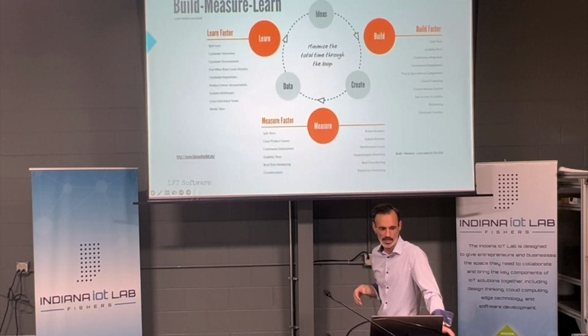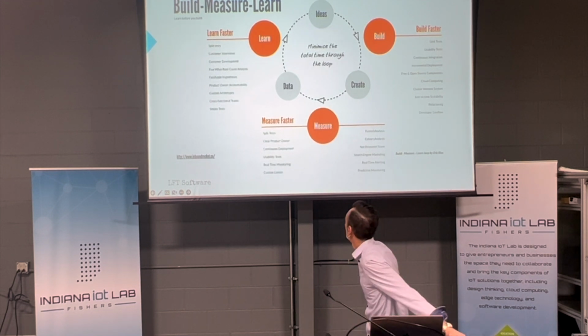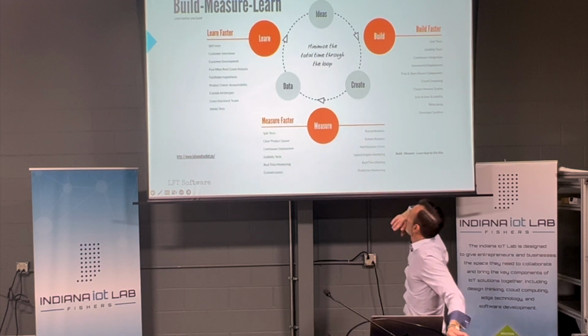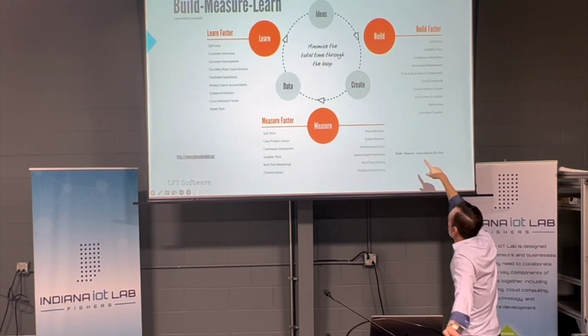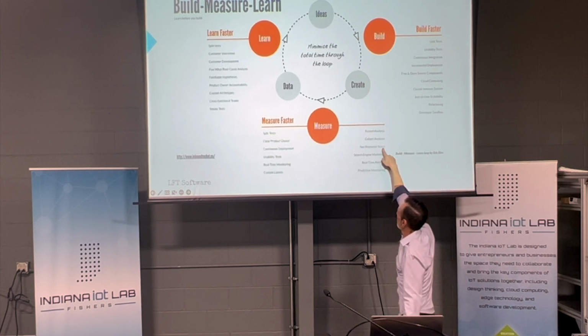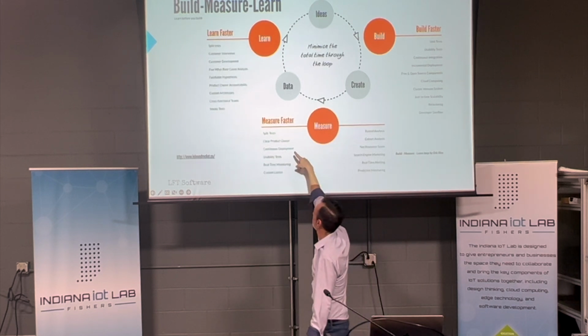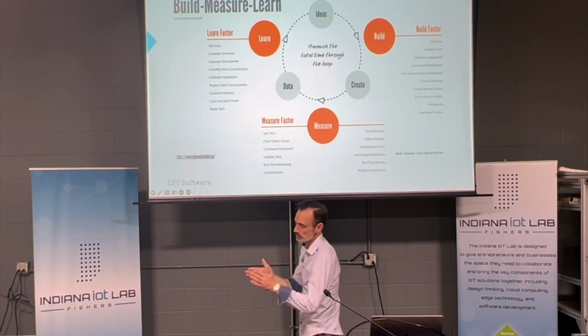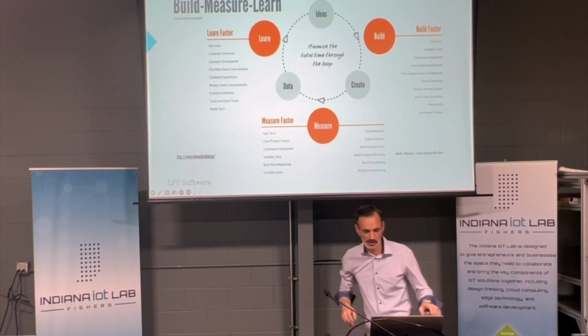For the sake of time, I won't go through all this, but I'll make the slide deck available to you guys later. It just gives you different ideas of what you can do in each step. You're trying to minimize your time through the loops. These are really important things here. Net promoter score, I hate that one. It's like, give us a 10 if we did well. Split testing, that's kind of cool. Split between this cohort versus that one. Yeah, okay, all right, moving on.